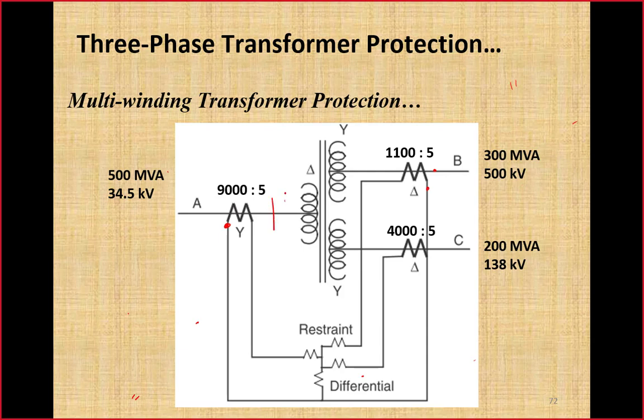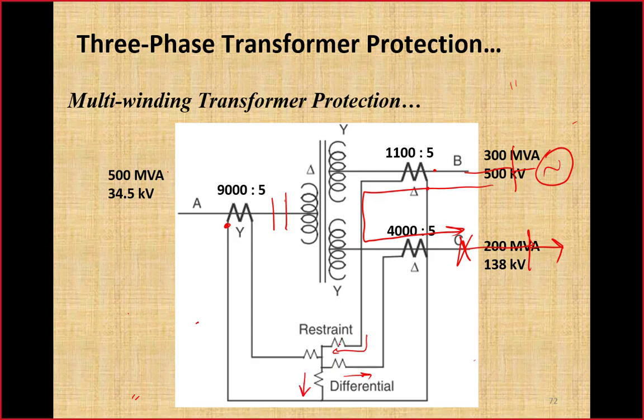Again, in this case this winding is open, we have a source behind this winding, and winding C is connected to the load. A fault has occurred over here. Due to this fault, current will flow in this manner. This heavy current may cause a difference current, a CT error. So the two currents may not be equal to each other, meaning the current flowing here and the current flowing here will be different, and that difference current will flow towards the differential branch.